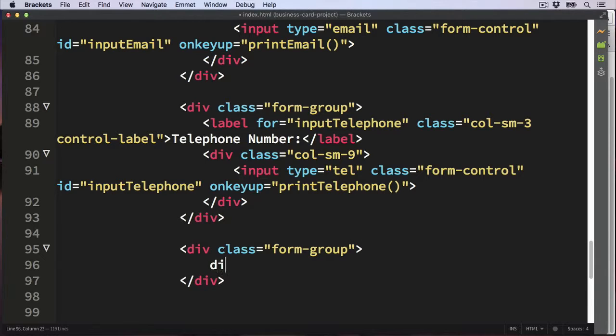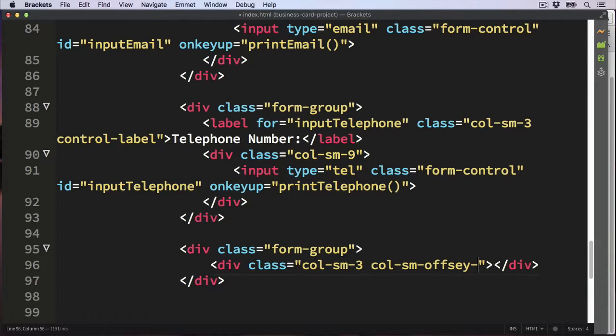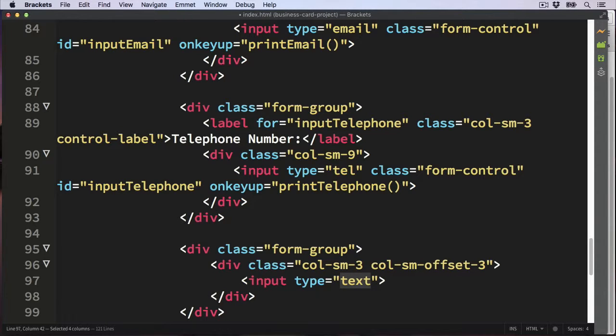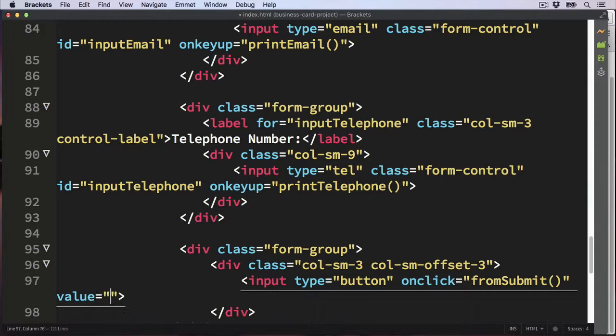So create a new div with the class of form group, and then let's add the bootstrap grid. So a div, so let's give this a class of col-sm-3, so it takes up 3 columns, and then also a col-sm-offset-3. And then inside the div we can put the input, and the first one we need to add is the input type of button, and this is for the submit button. And then on click we'll create the function form submit, and then the button value is equal to submit,